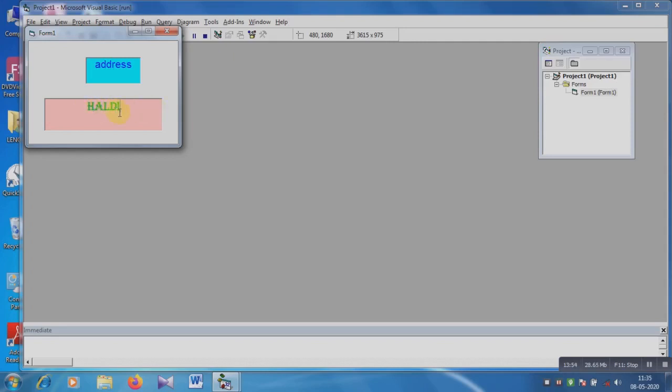Six characters is this, but 5 characters we can insert, not 6, because we have chosen the 5 and written the 5 in the max length portion. Okay, so have you understood? If you write any number, this is the maximum length of the characters which you want to insert.